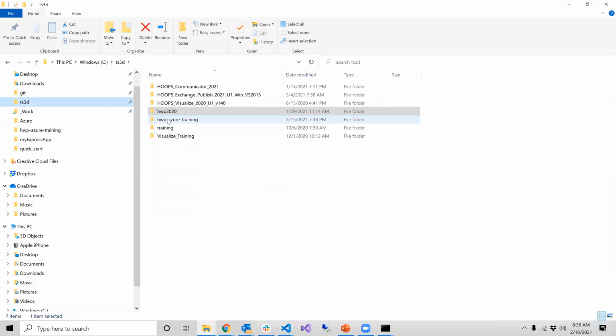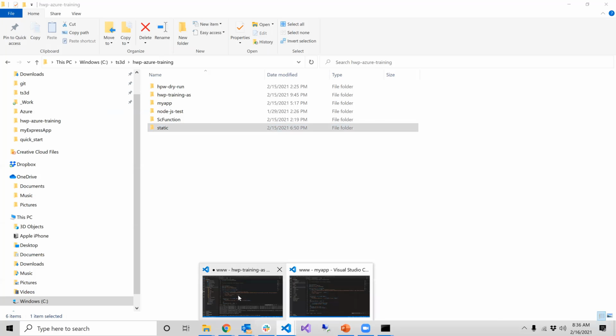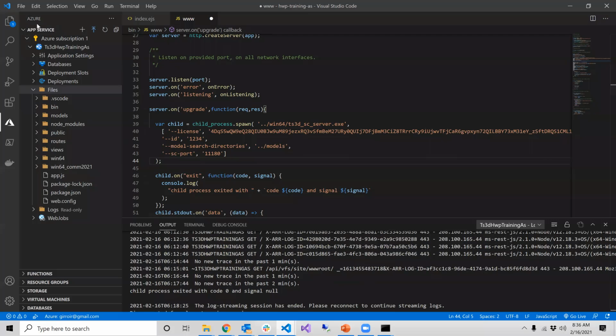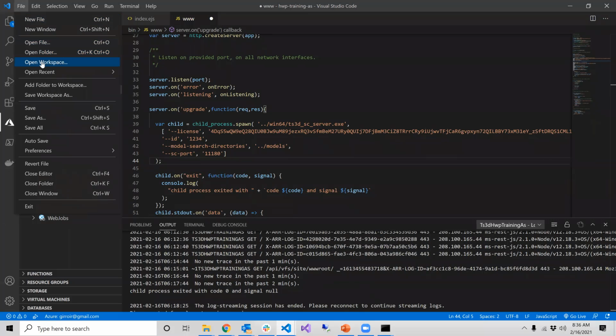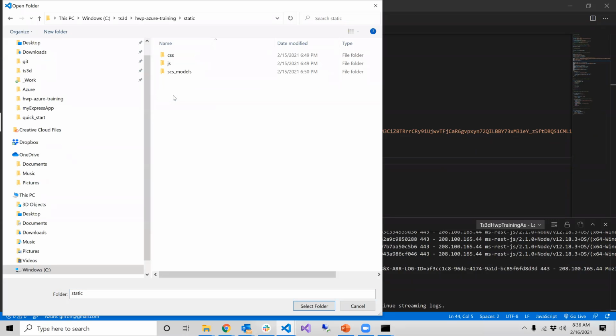And I have my Azure training folder. I actually have a folder created called static. So you can create a folder like that somewhere on your machine. And the next thing that I'm going to do is just open that folder in Visual Studio Code here. So we're going to open up static,